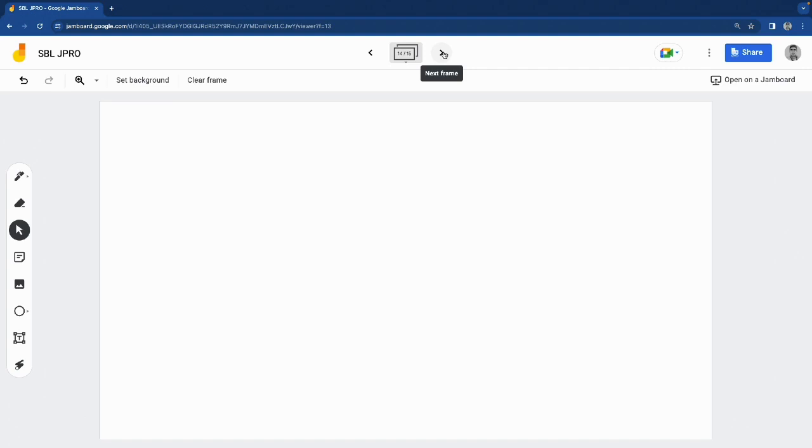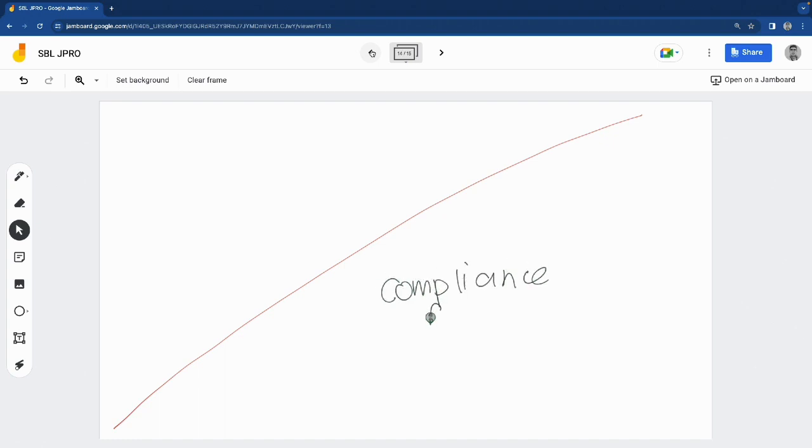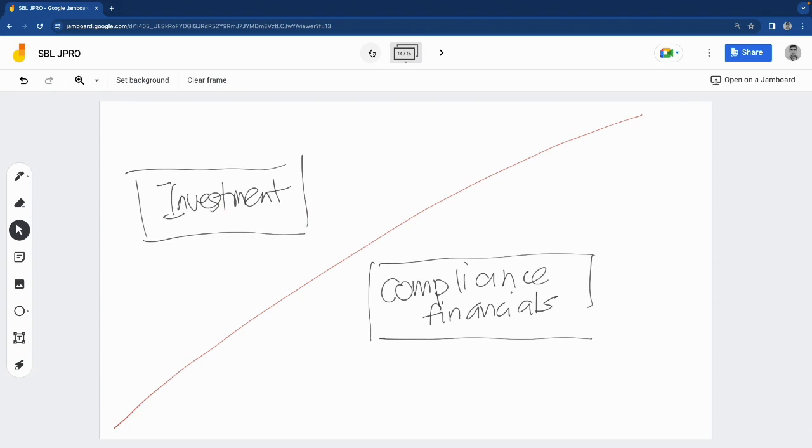I would break the financial into 2 areas. One is called compliance financials. The other one is basically something else. So I would say you might get 2 types of questions when it comes to financial. Compliance financial, you're probably going to look at the 5 years and see whether your relevant earnings